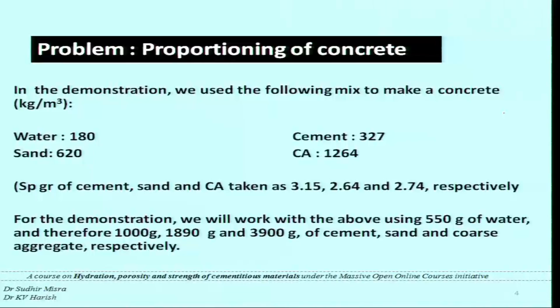So, coming to the first such example, this is the example of the mix of concrete that was used in the demonstration. We used a unit water content of 180, a cement content of 327, sand of 620 and coarse aggregate of 1264 kgs a cubic meter. And we reduced this whole thing to 550 grams of water, 1000 grams of cement, 1890 grams of sand and 3900 grams of coarse aggregate, mixed the concrete and showed you how the properties of the fresh concrete were actually